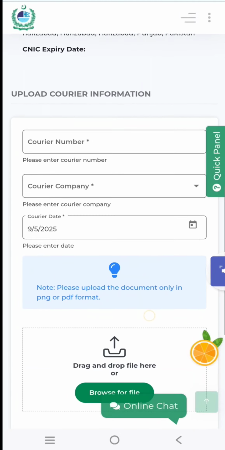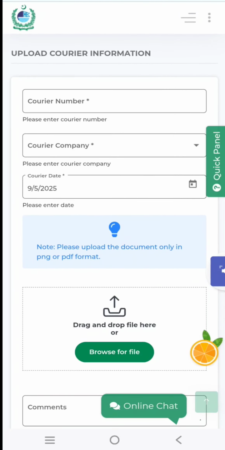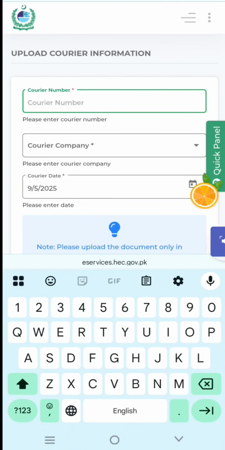You have to scroll down, and in the task manager you can see the option to upload courier information, courier number. You have to write the courier number, then the courier company and the courier date. Just write the three things and upload the courier slip. Then definitely your slip will be successfully uploaded, and after that you will receive